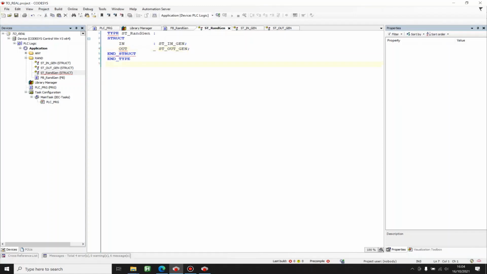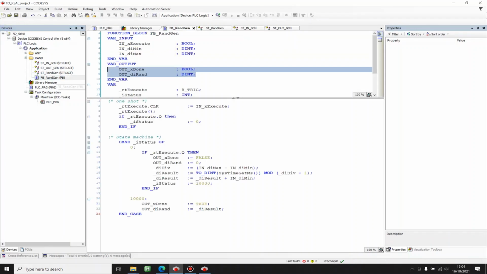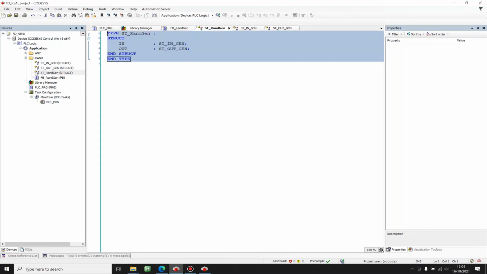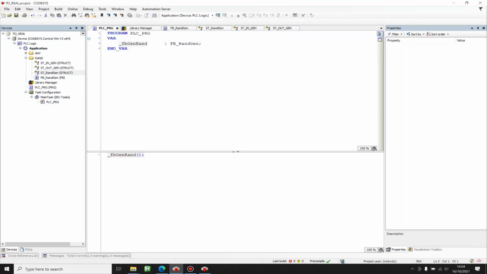So here I have error. Now of course this is the structure that is my interface. So let's declare this structure as an interface. I'm just gonna call it itf gen rand. So this is from type st rand gen, and now I'm just gonna call the function block again,